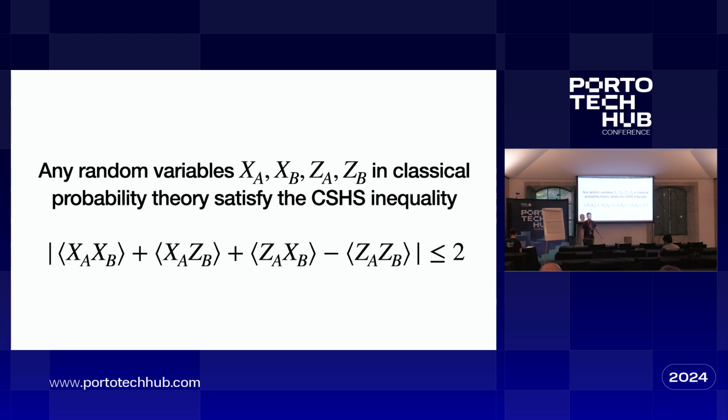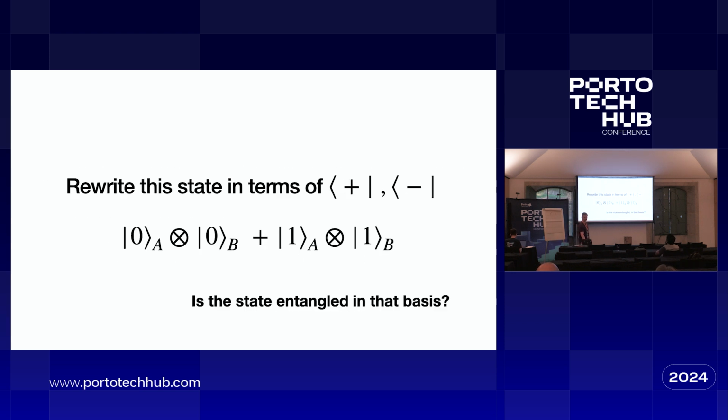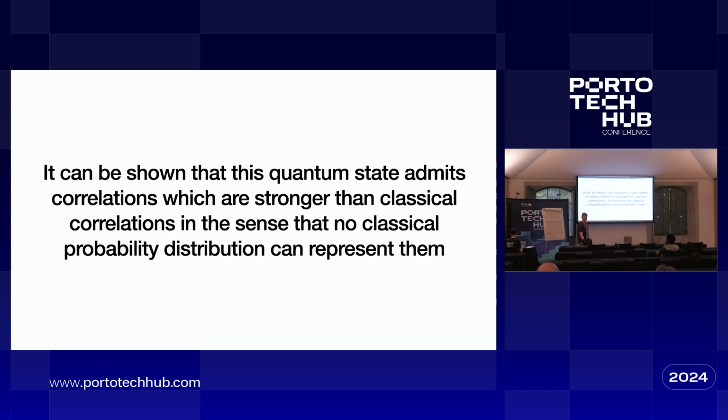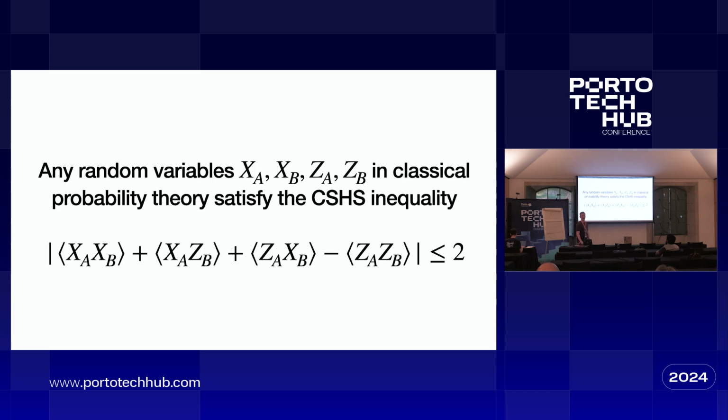They must satisfy this inequality, and it is straightforward to show, like three lines, that this state we just wrote up here does not satisfy that inequality. And so therefore, quantum probabilities are not classical probabilities. Right? And this is called a Bell inequality, right? And it has been experimentally observed, okay?